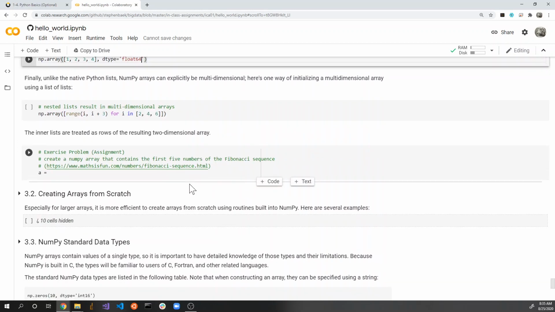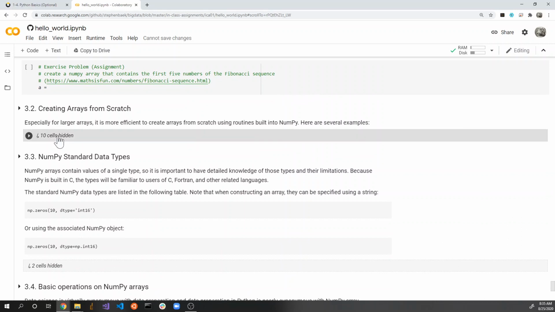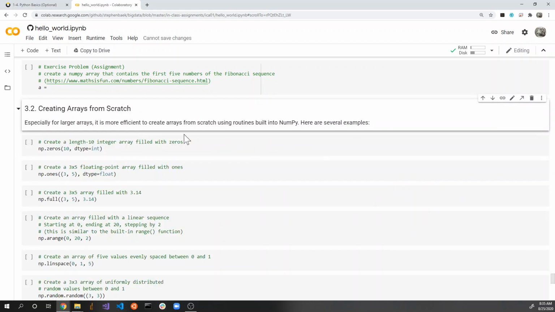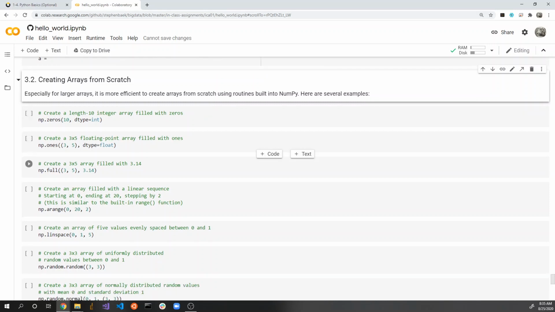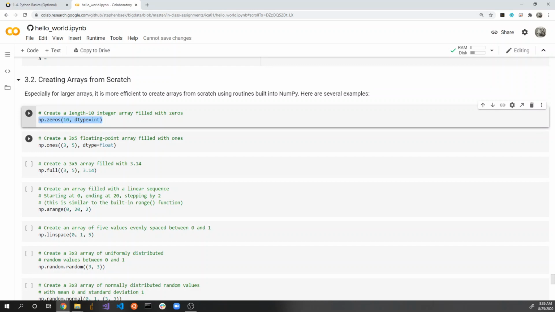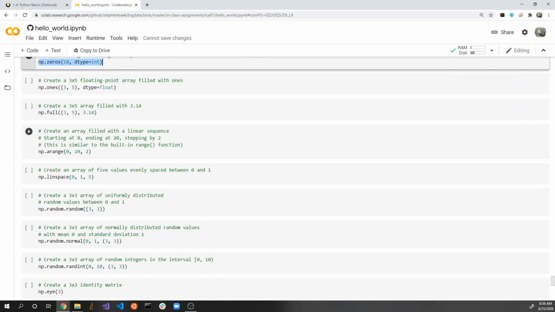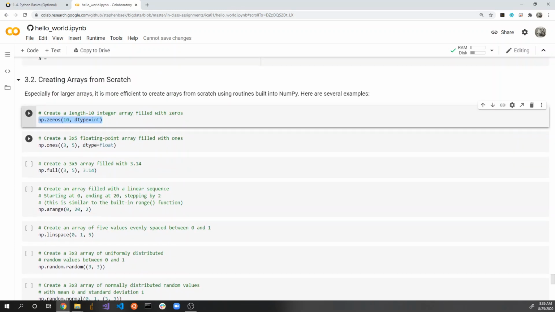Now moving on. So that's NumPy, and again, I'm not going to go over all the examples, but there are a lot of examples where you can learn how to create arrays in different manners. For example, when you want to create an array filled with zeros, this is something you want to do. And if you're a MATLAB user, by the way, you will find this awfully similar to the MATLAB syntax,